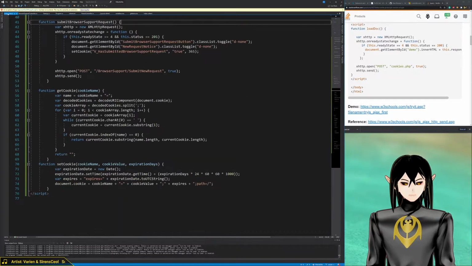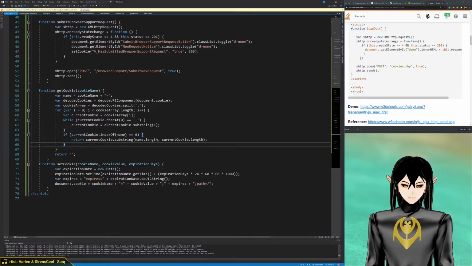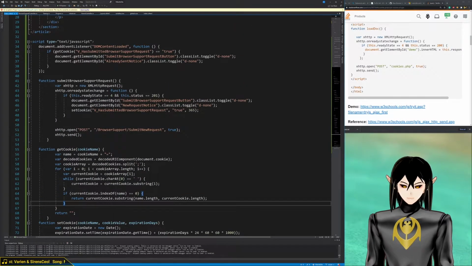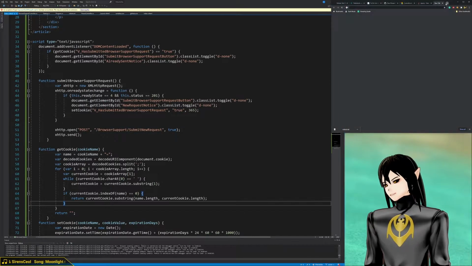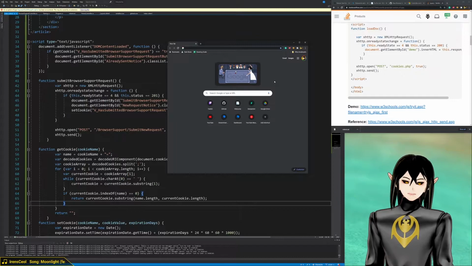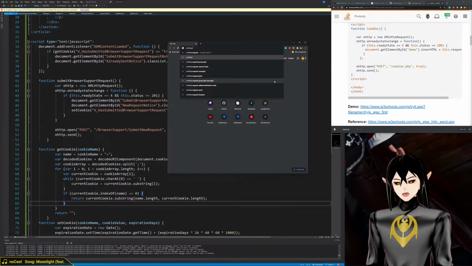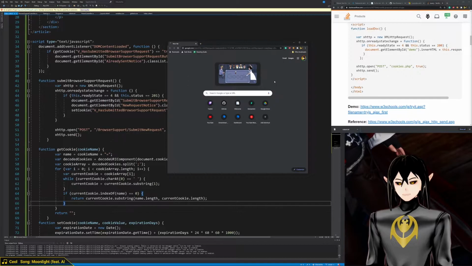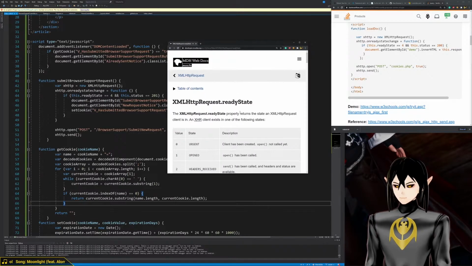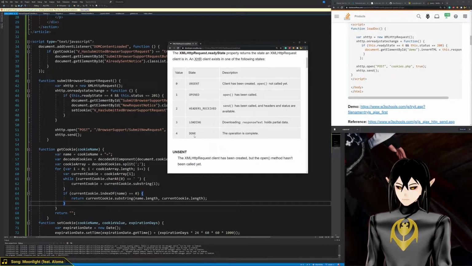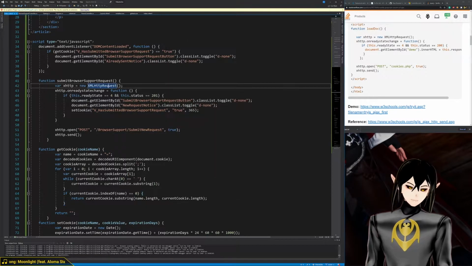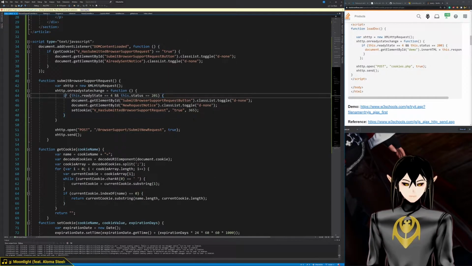All right, so then we come here and we say if ready state for this dot status is, I forget what ready state, because there are other ready states, XML HTTP request ready state. So there's, okay, so 4 is done. Okay, yeah. So then we're going to say,